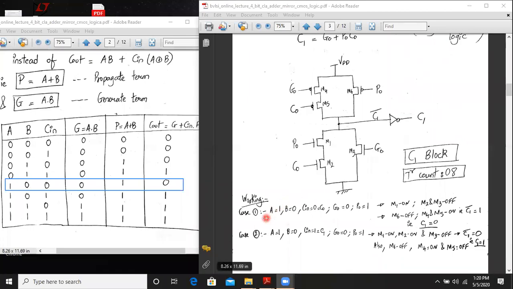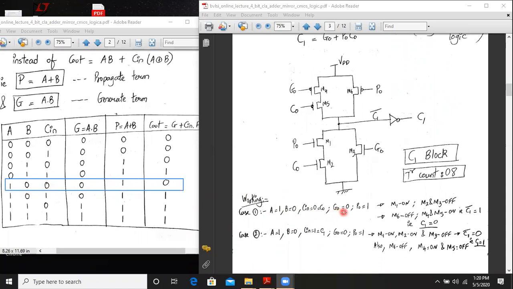We will consider the case when A is 1, B is 0, and C in is 0. C in is nothing but your C0 over here. This is the condition on the truth table.